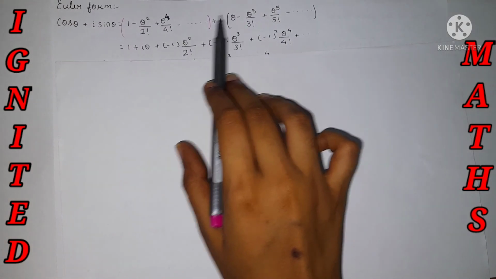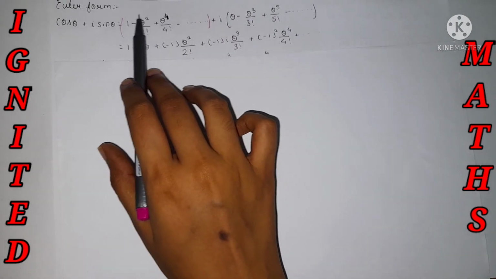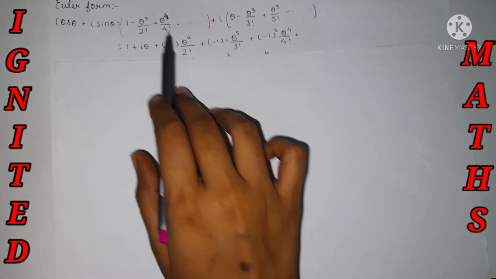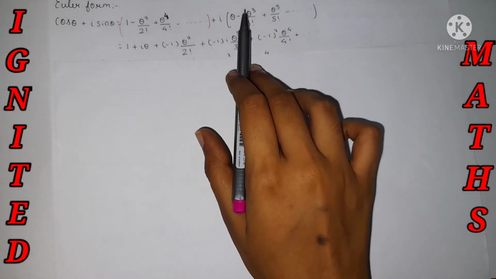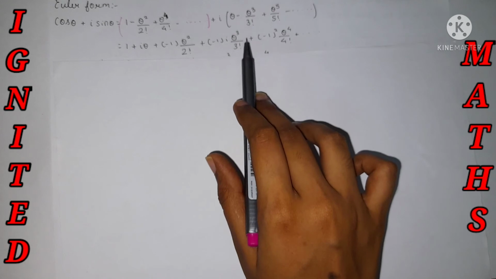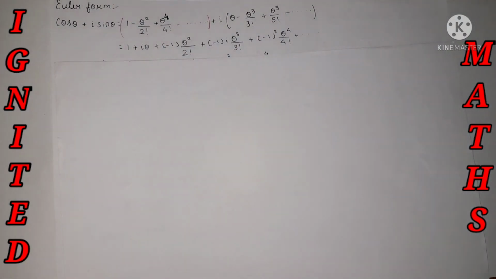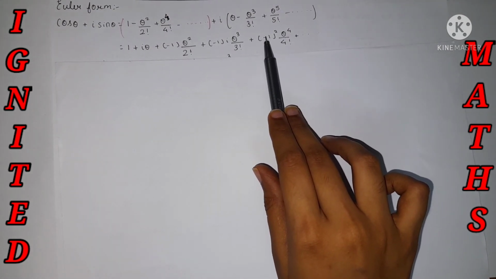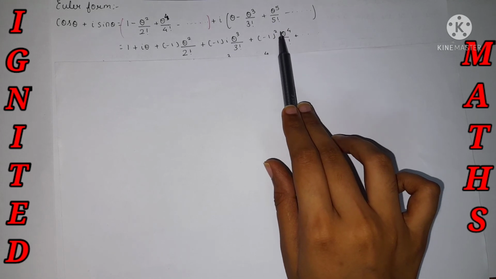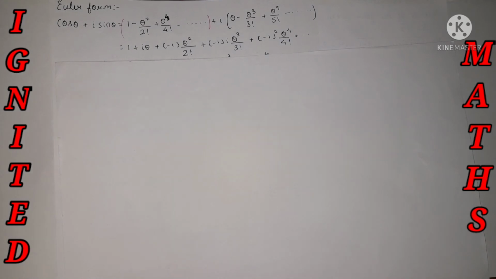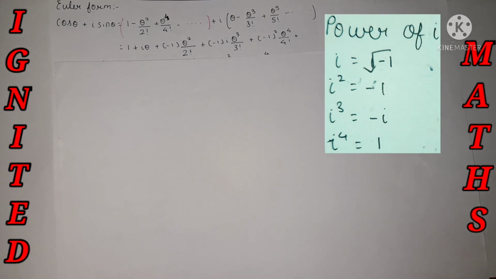1, as well as i theta, plus i theta, and over here minus theta square by 2 factorial. Minus 1 is nothing but minus, it's absolutely the same. Theta square divided by 2 factorial, and over here minus 1 i, i theta cube by 3 factorial is absolutely the same. And over here theta raised to 4 by 4 factorial is nothing but minus 1 raised to square, which is 1. Now why have I denoted the minus 1? Because I need to express it as i, the imaginary unit.